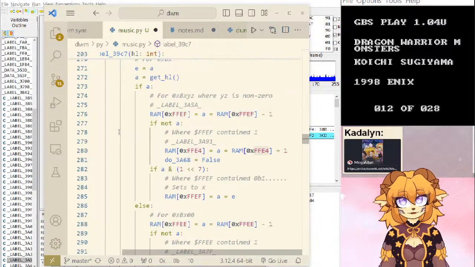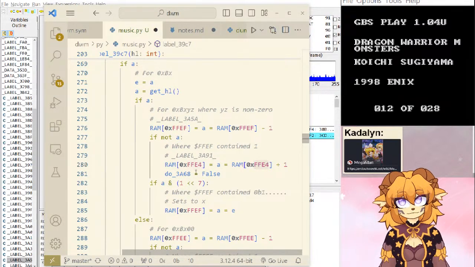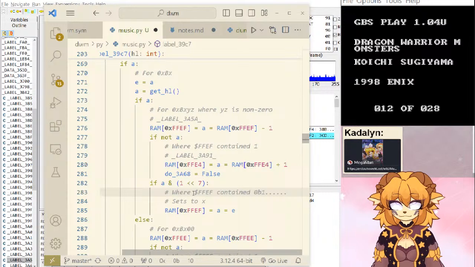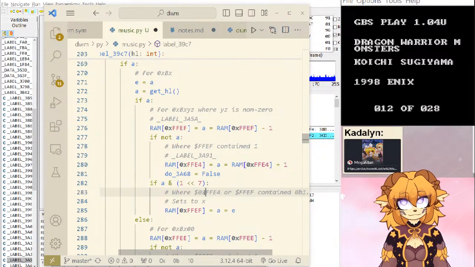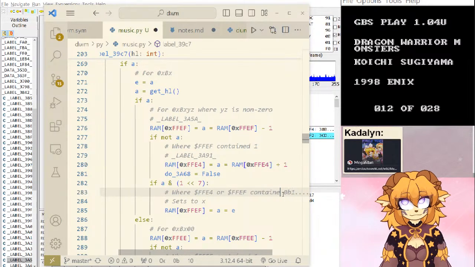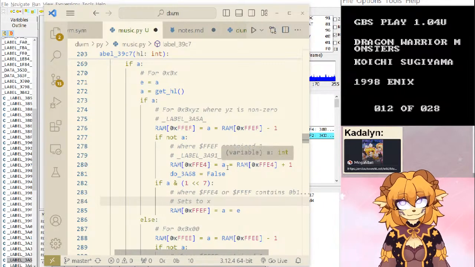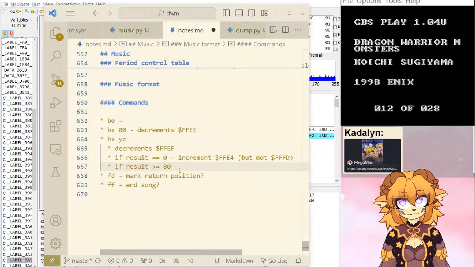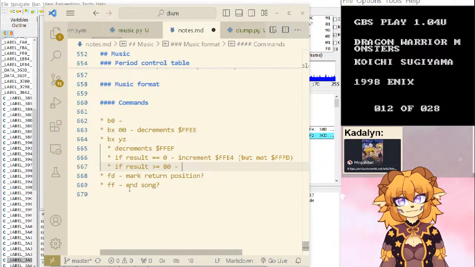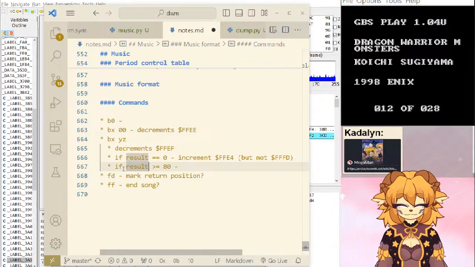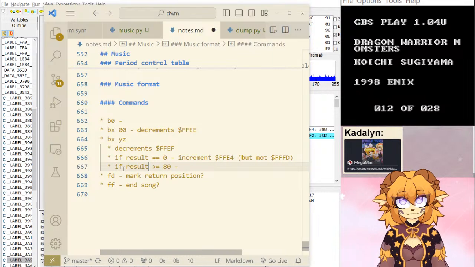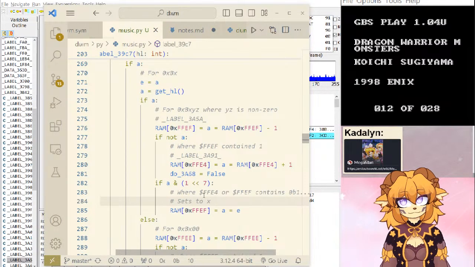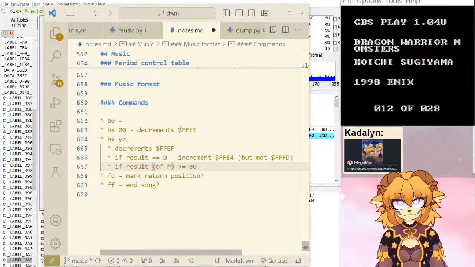Okay, so if the result greater than 8. Well, not if FFEF contained it, that's if FFEF contains currently. Not of either of recent.